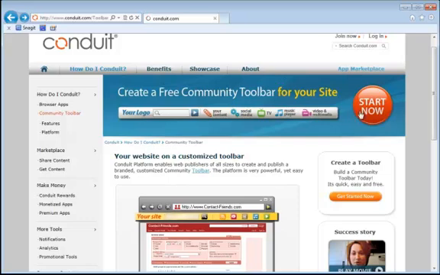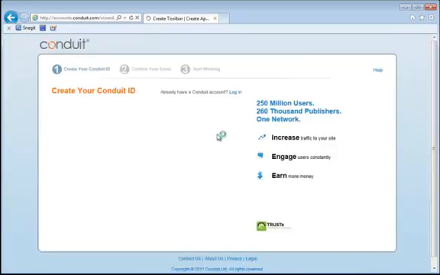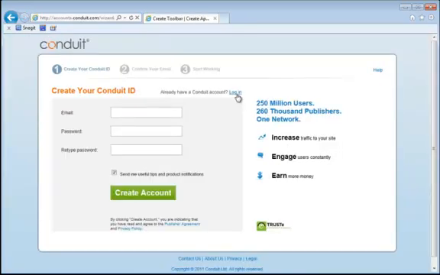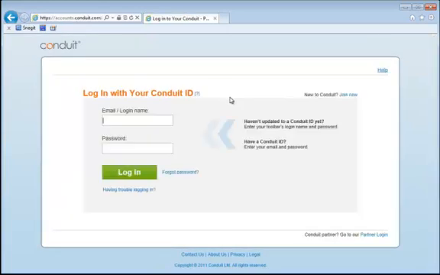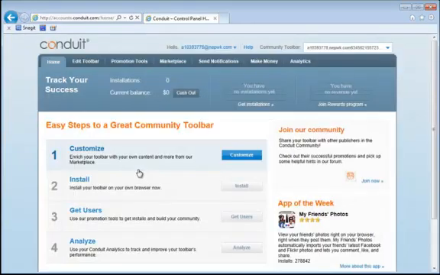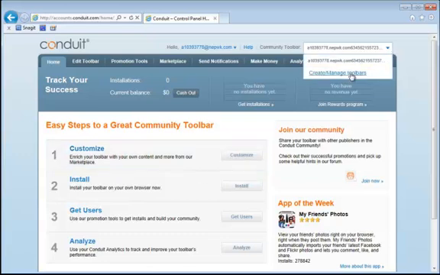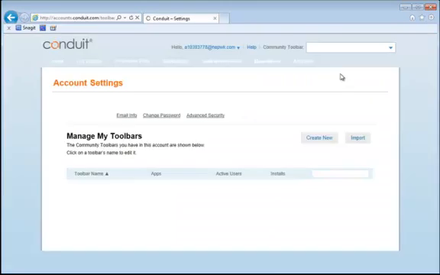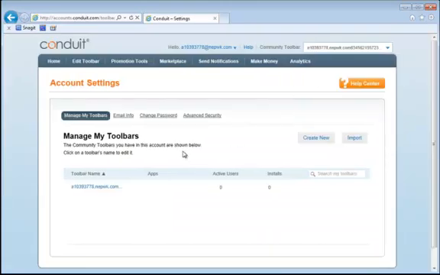Before you can get started with your toolbar, you need to register an account, so go ahead and do that if you don't have one already. As I have already registered an account, I'll go ahead and log in. Now, let's go here and click Create Manage Toolbar. Then create New, give it a name,